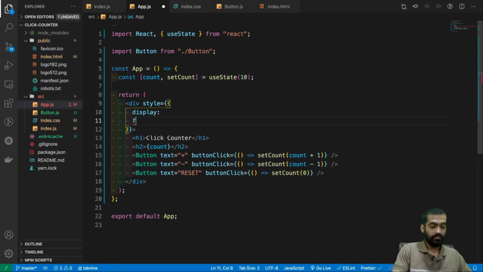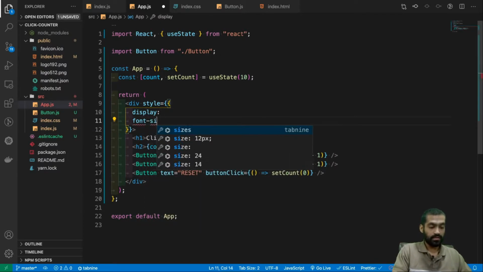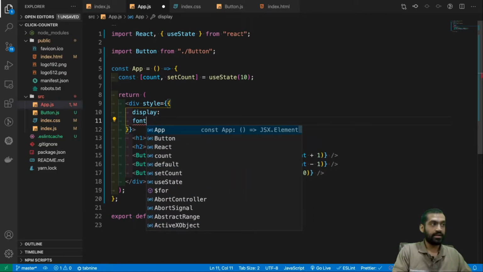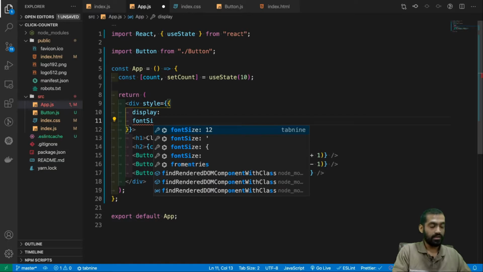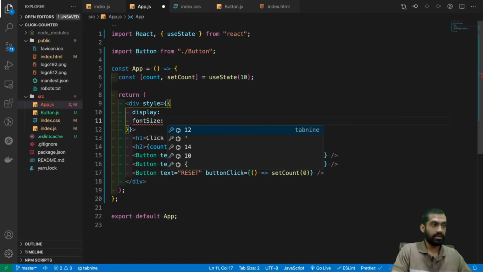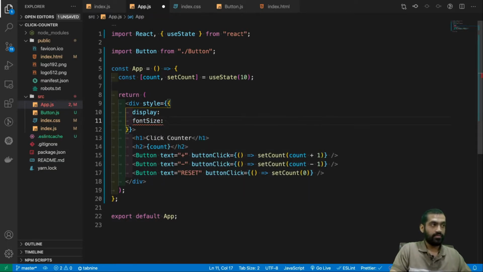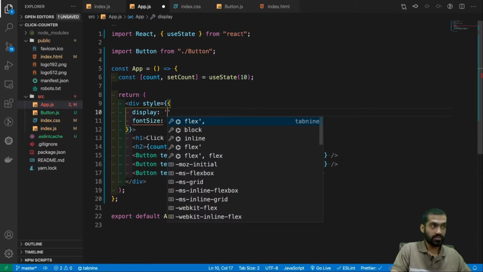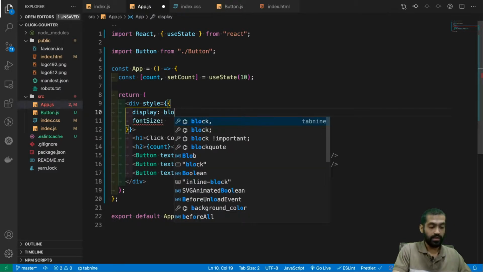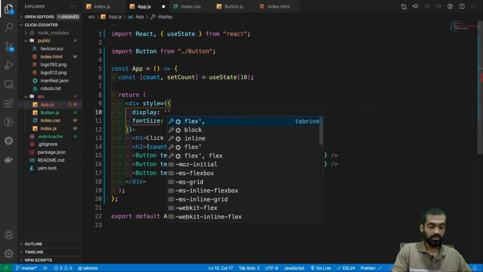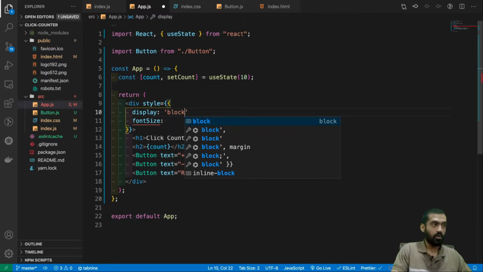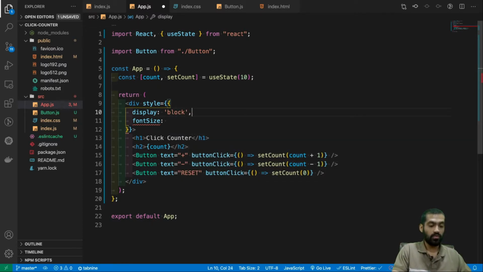Now what do we do is, whatever CSS keys we used to write, right? Let's say something like font size. So we used to write font size as this, right? Inside React, what we do is, after the hyphen, whatever is there, that will be a capital letter, and then we can write something, right? And first of all, let's just write display. Now display we used to write as block and semicolon, right? We cannot do that here. Every value should be a string, so display quotes block.